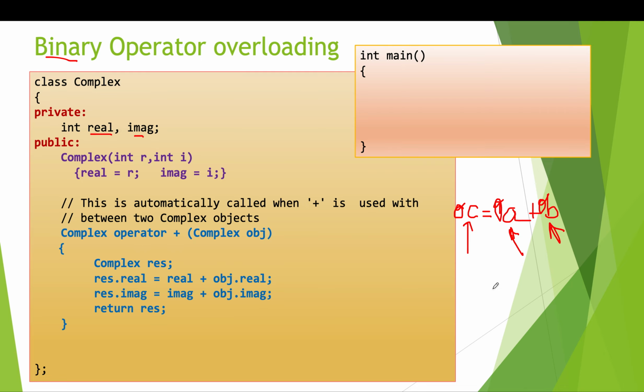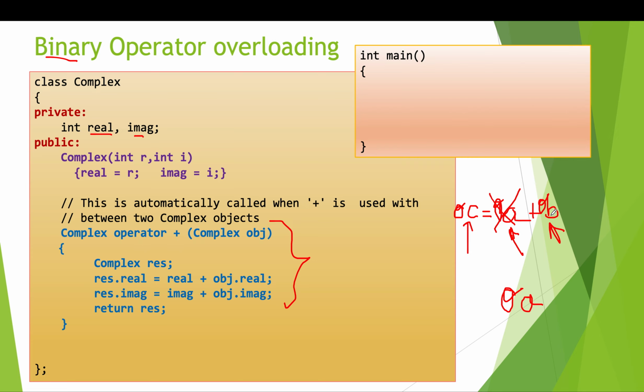Fine. Now the next thing is, whenever we are calling a function, in this case the operator function, we definitely need one object. So let's say using the object A, we have called the function. So out of the three objects, we are done with object A. Object A will be removed from the list. Now we are left with objects B and C.